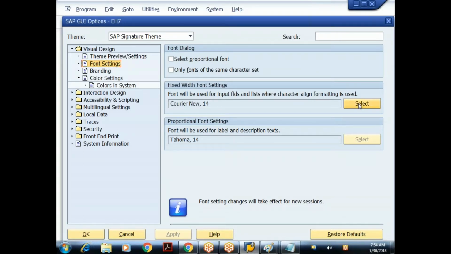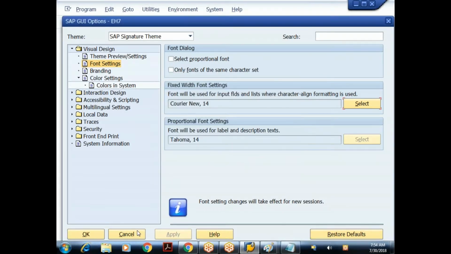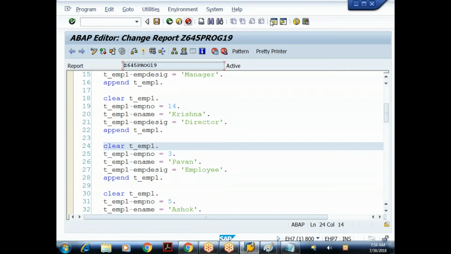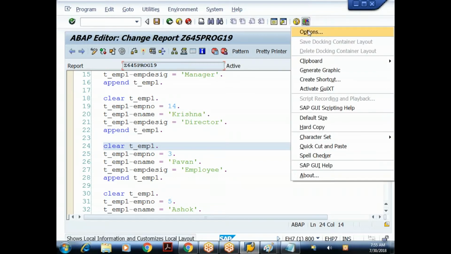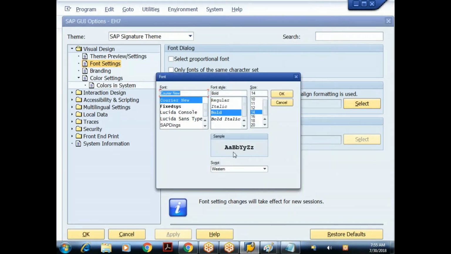Choose this, and here you select the font like this. Right, I repeat this. On the standard toolbar, on the right hand side, you'll have Customize Local Layout. Click on this and choose options. Choose font settings. Here you can select the required font.